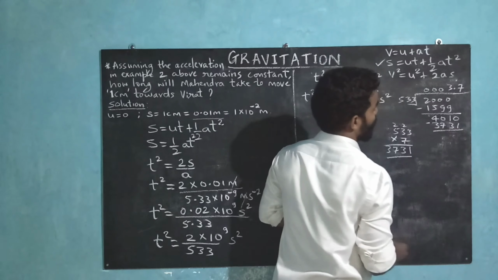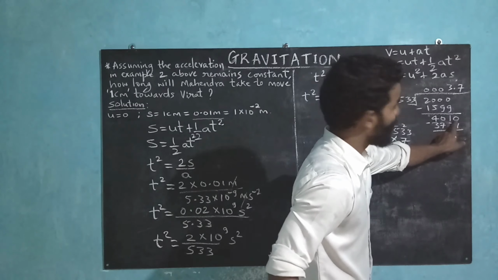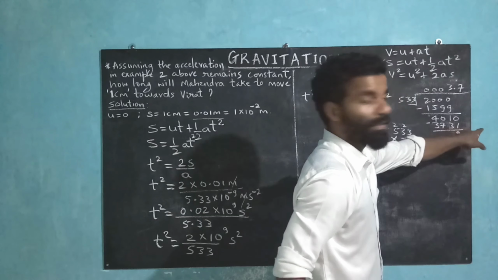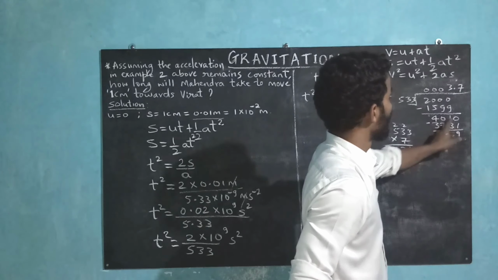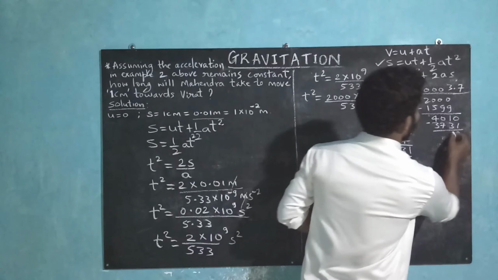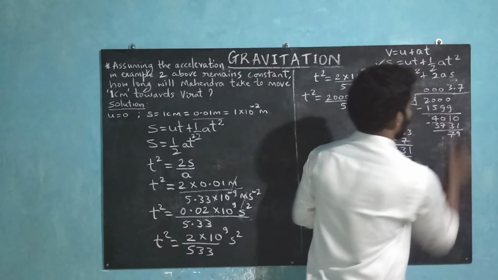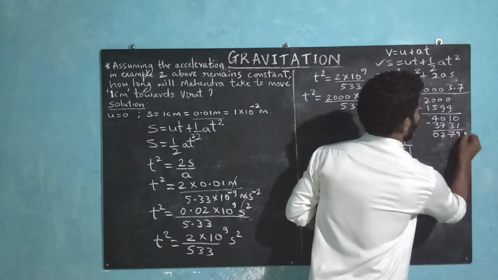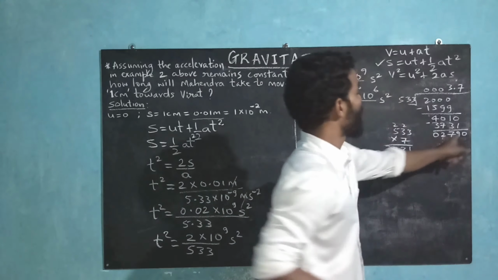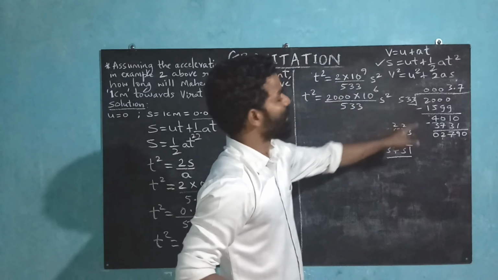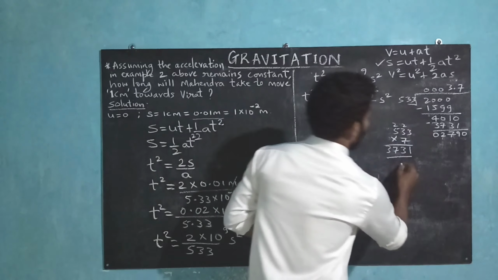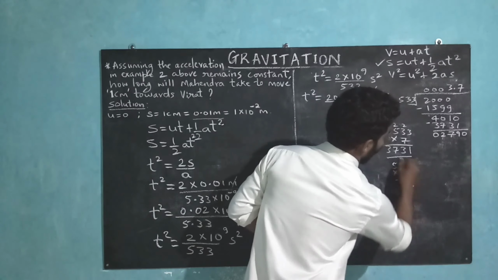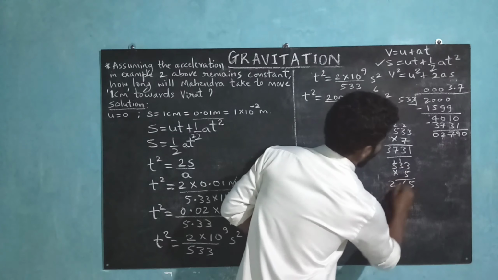So again subtract this. Remove 1 from 10, you will get 9, then this one is gone over here, so 0 is the remainder. Again remove 3 from 10, it's 7, here this becomes 9, so remove 7 from 9, it's 2, and here it is 0. So take one more 0, 2790. Now 533 into, you can try it with 5. 533 into 5. So 5 times 3 is 15, carry 1, and 2625.